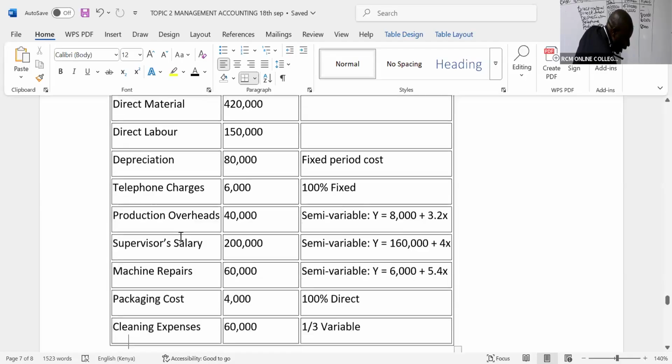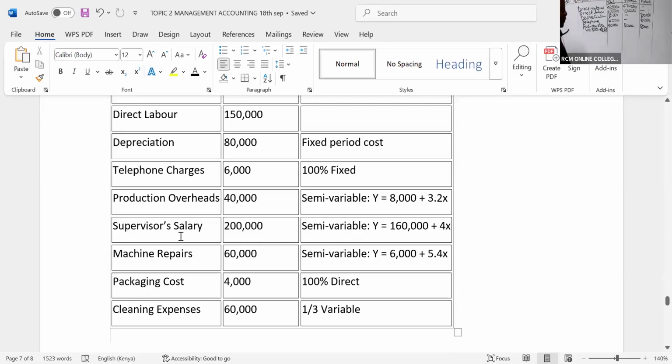Ladies and gentlemen, after that, we have supervisors salary. Supervisor salary is 200,000 total. And then they have given me an equation. For supervisor salary, they are saying Y equals 160,000